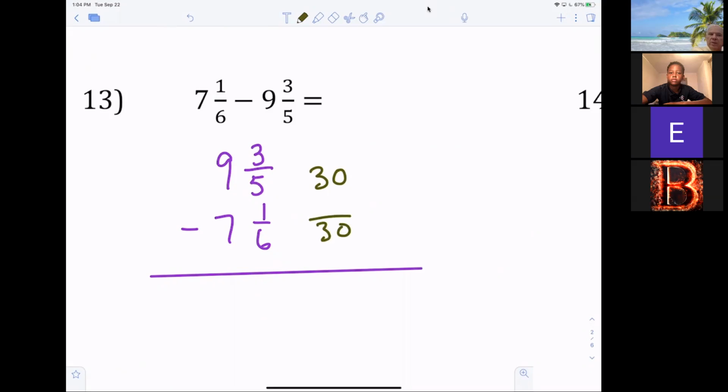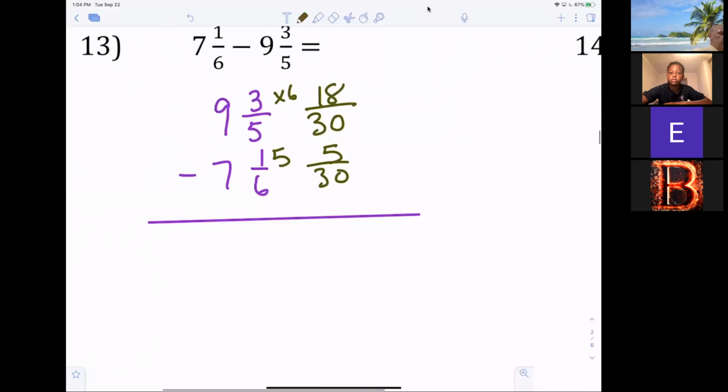So what am I multiplying this first one by? 6. And the second one by? 5. Okay, so 6 times 3 is? And then 5 times 1. There we go, guys. How we doing? Now we're subtracting and we get